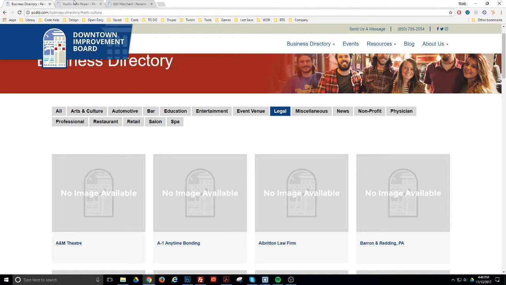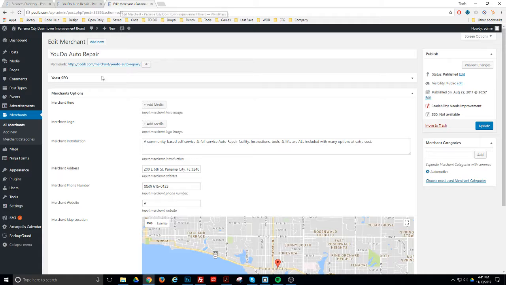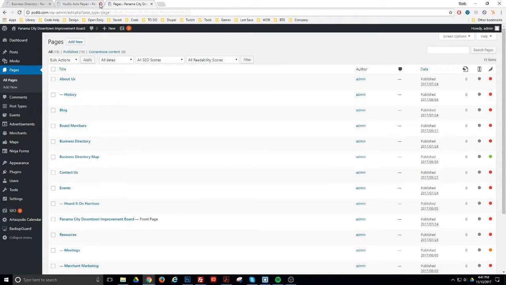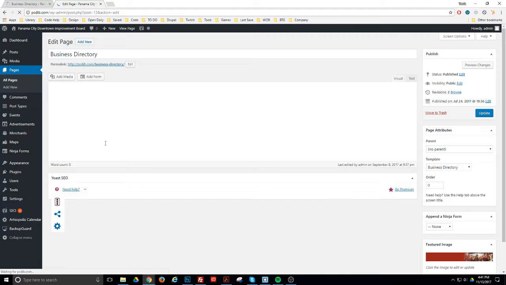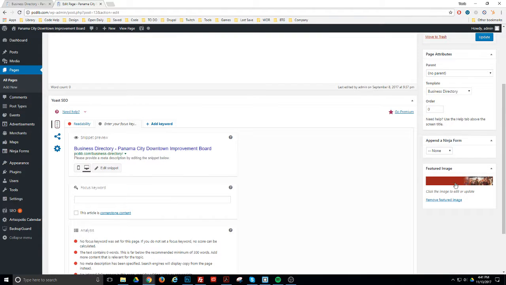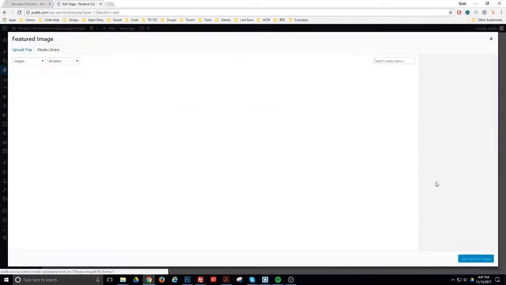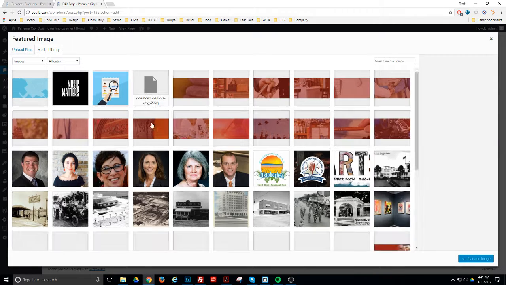So if I go back into the back end and I click on pages and go to business directory, you'll see over here on the right hand corner you have your featured image. So if you ever wanted to change this, you'll just have to make sure that you stay within the dimensions of this. But let's say, okay, I'm going to remove this, set featured image, and then you can pick an image